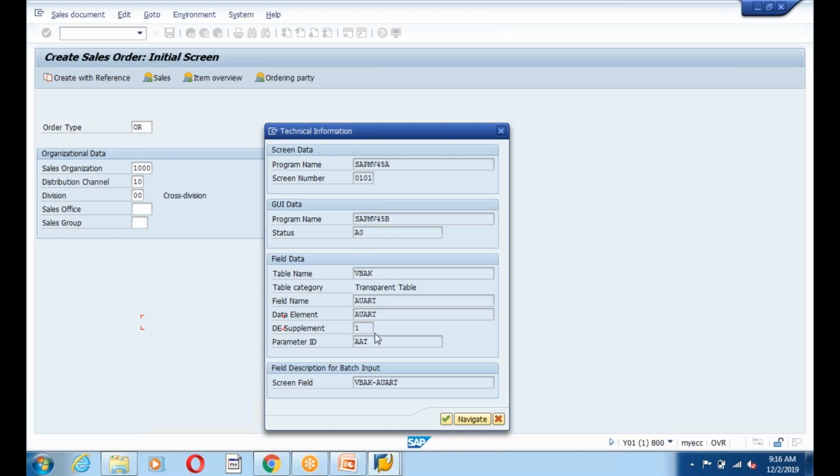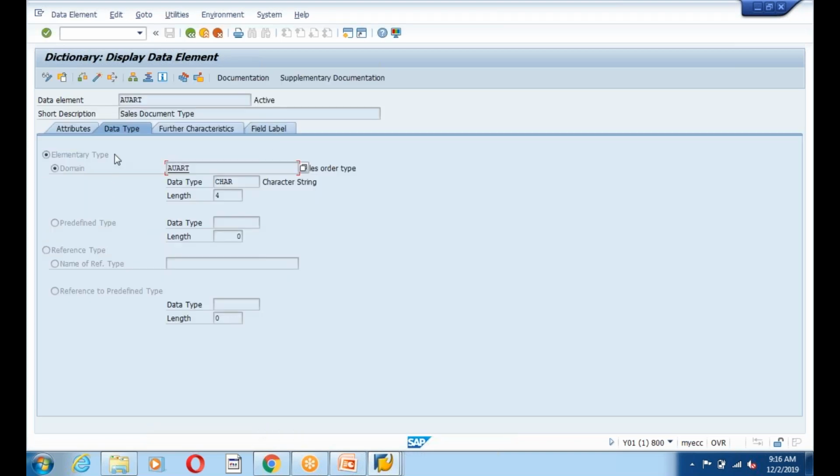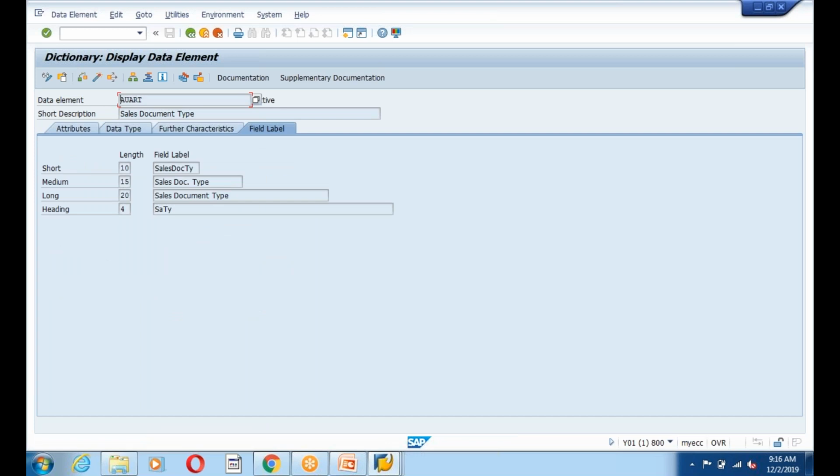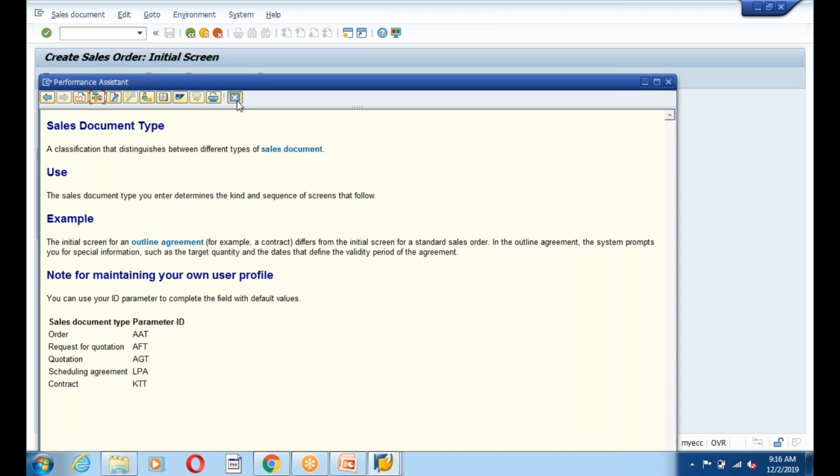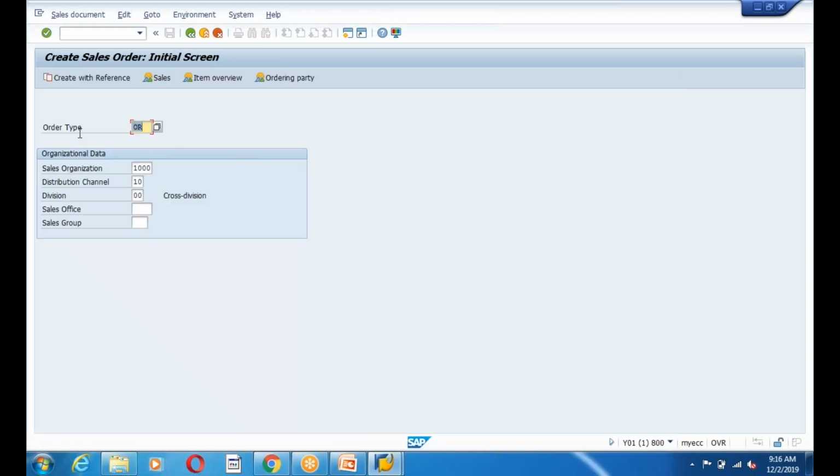Data element. Perfect, guys. For this field, for this data element, you can see the field description. Actually it's coming from the screen, guys. The screen design. Normally it will come from the data element, but they changed it to a custom name. So it is designed at the field level, the screen level.